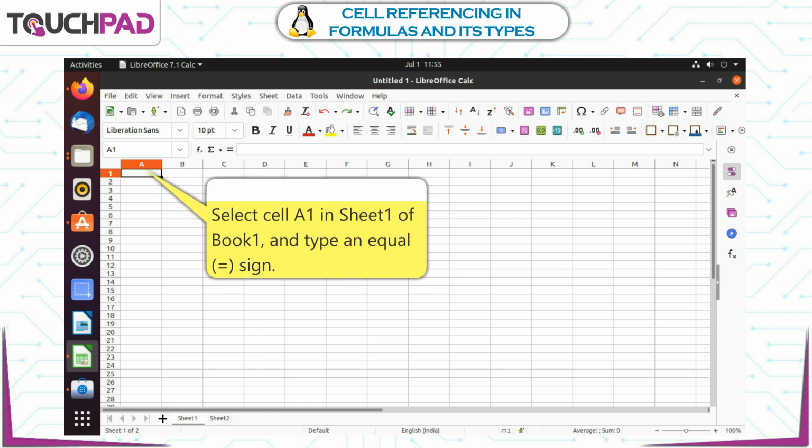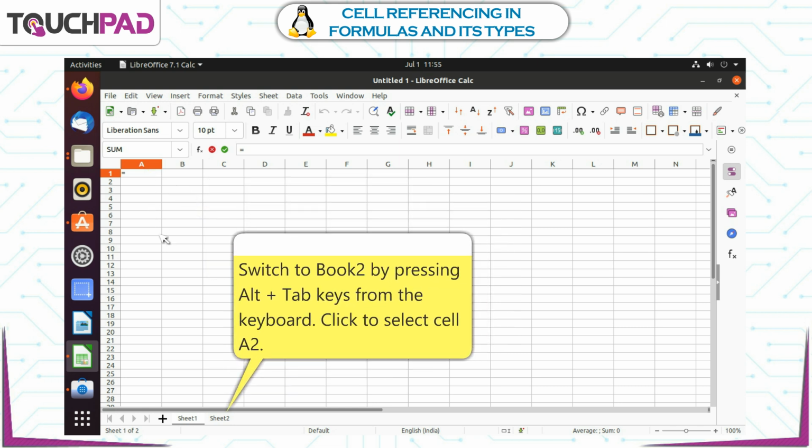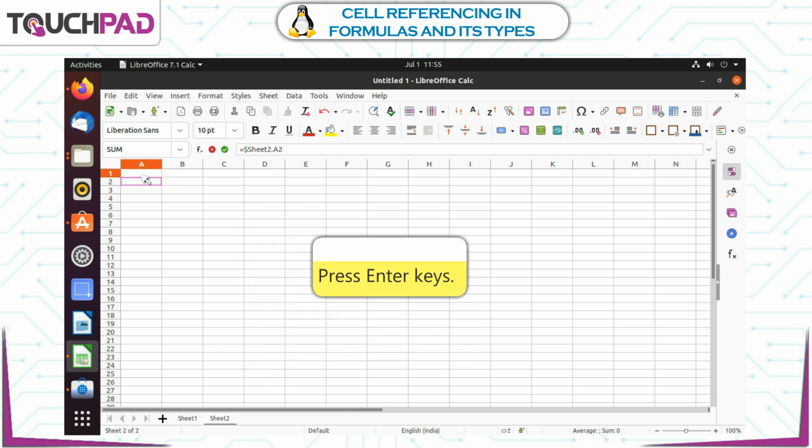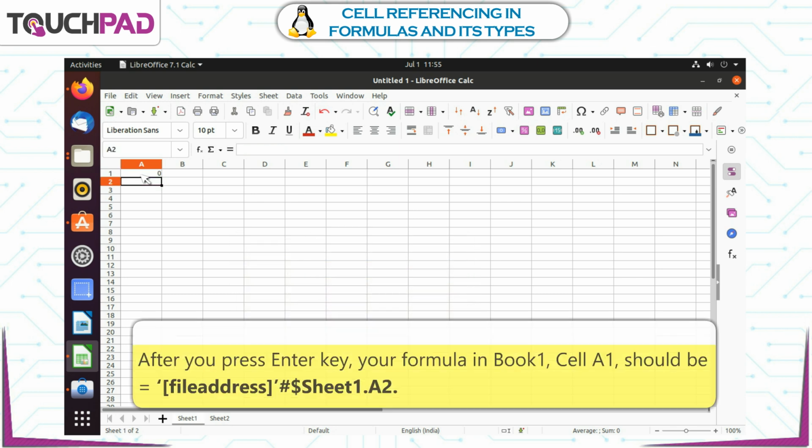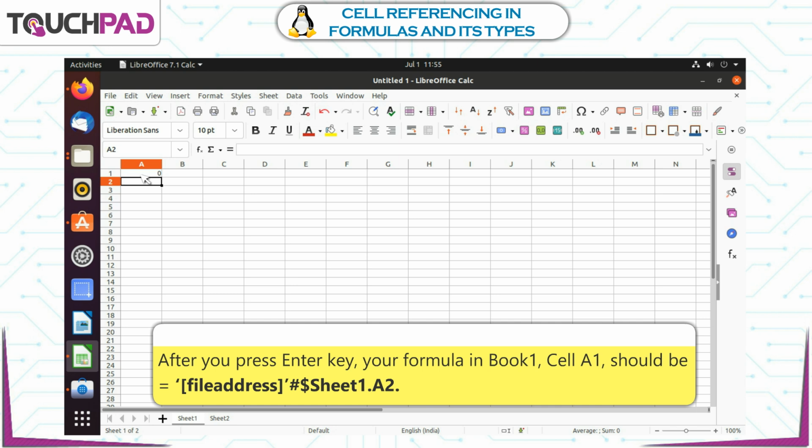Select cell A1 in Sheet 1 of Book 1 and type an equal to sign. Switch to Book 2 by pressing Alt plus Tab keys from the keyboard. Click to select cell A2. Press Enter key. After you press Enter key, your formula in Book 1, cell A1 should be equal to